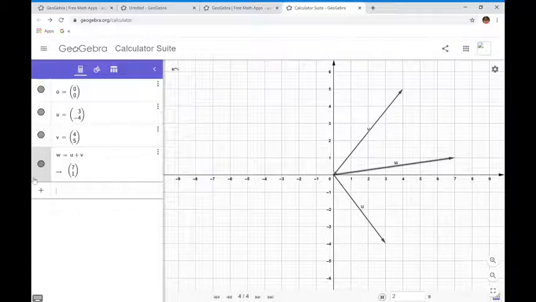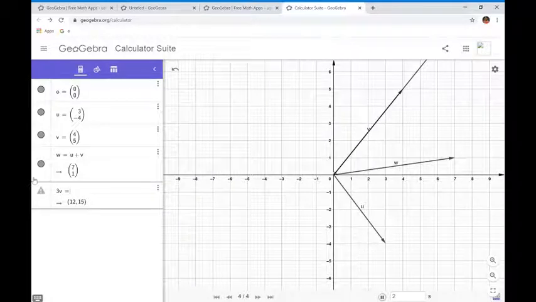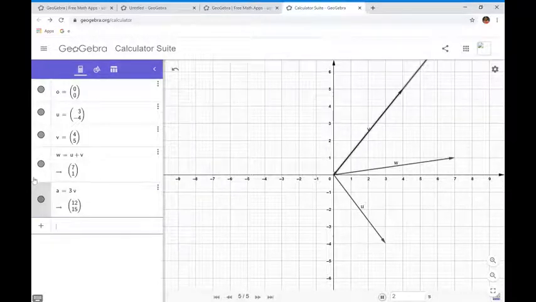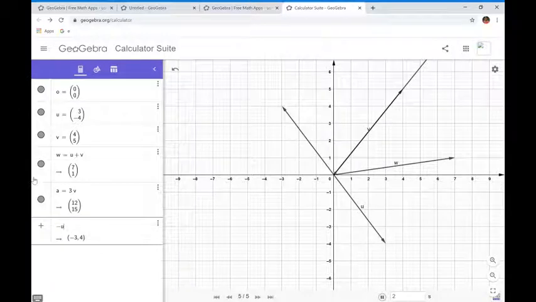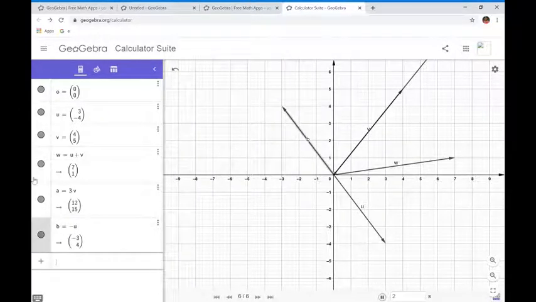And then let us see what scalar multiplication is also. So let me take here a scalar 3 and then multiply it with v. So what do I get here? 3v is equal to (12, 15). So what happened here? v is extended, scaled up to (12, 15). So if you multiply a vector with a scalar, that is also giving you another vector. Now let me see what will be the negative of a vector. So minus u, suppose. So what is minus u here? You can see the same vector u taken in its opposite direction. It is taken here as b.